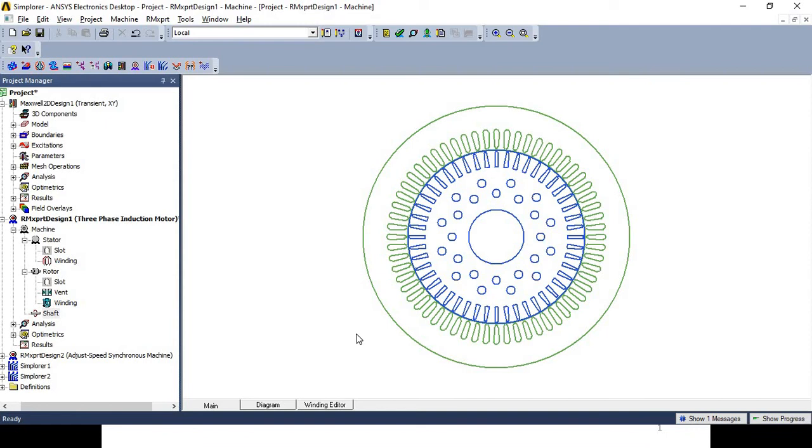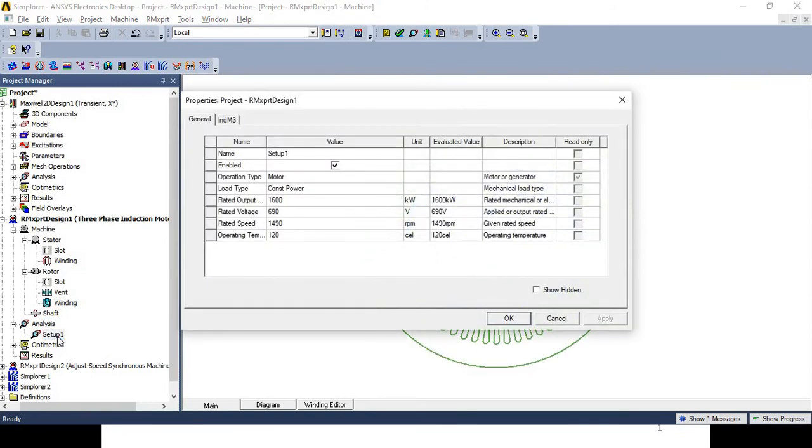See, once you give this design input, then first of all you have to analyze the data. But before the analysis, again you have to provide the setup, that is the general information of the motor. And in general information, we have the option operation type, of course it will be motor. Then load type, we have selected the constant power application load type, that is mechanical load type.